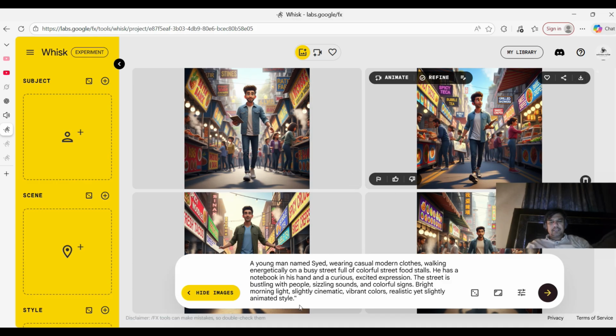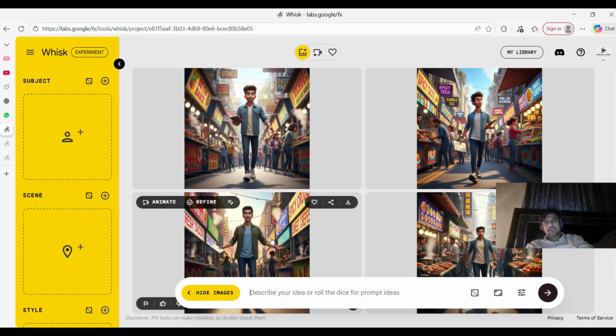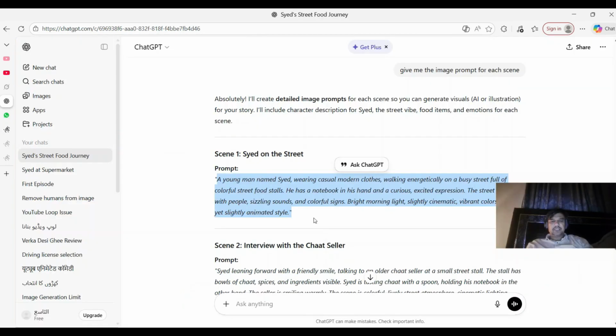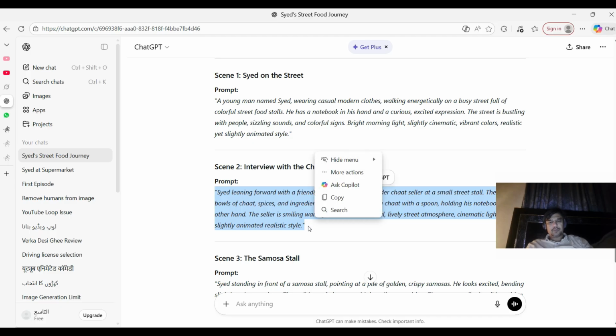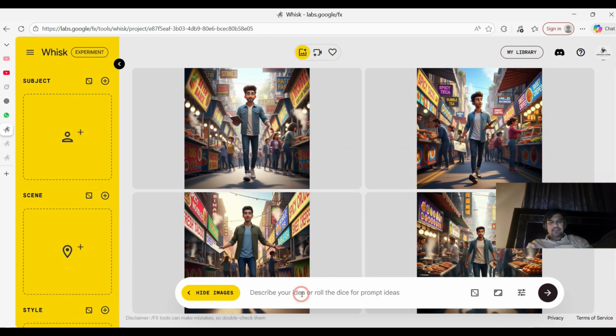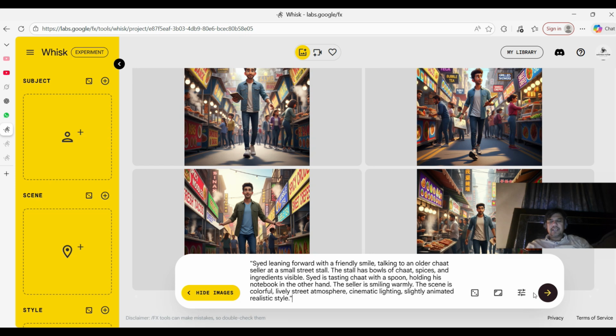Now I remove this and go to ChatGPT again and take the second image prompt. I copy it and paste it here, but before clicking the arrow, because we need a consistent character, we have to upload the image we downloaded first.